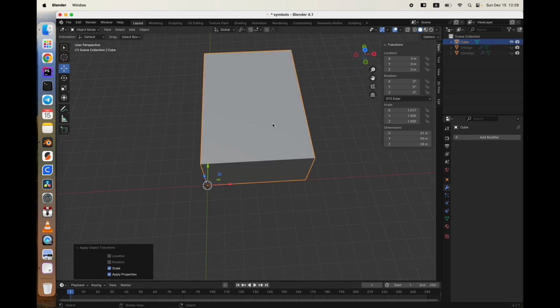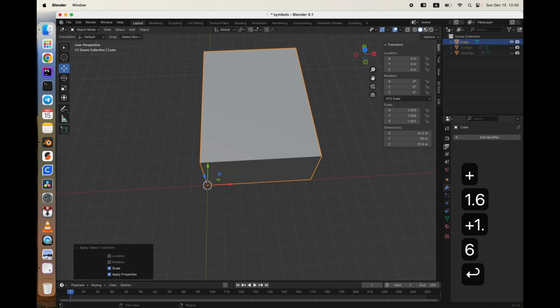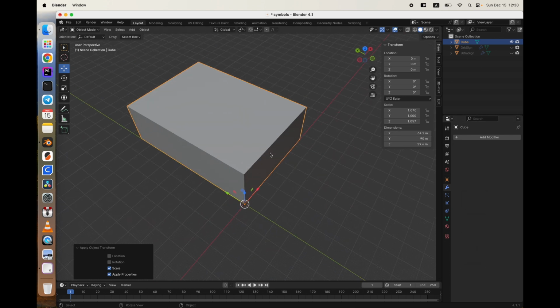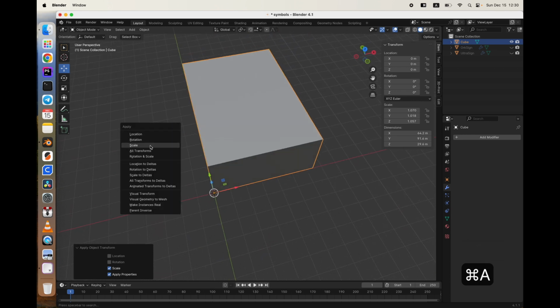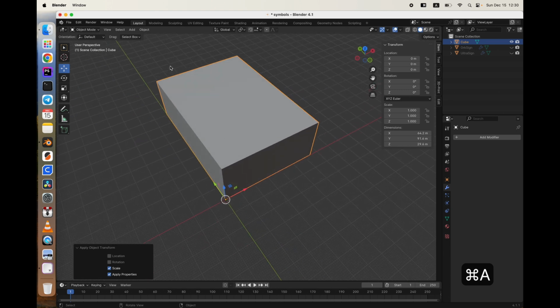So we have our inside. Now we need to add our floor width here, plus 1.6. I'm going with that thickness to the floor. I will add the double wall width to here, plus 1.6, plus 1.6, because we would have 2 walls here, and I will add a single wall width here, plus 1.6, and we have our box. Let's apply the scale, and let's